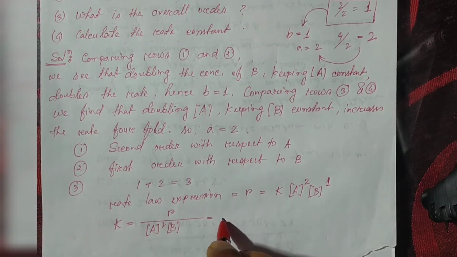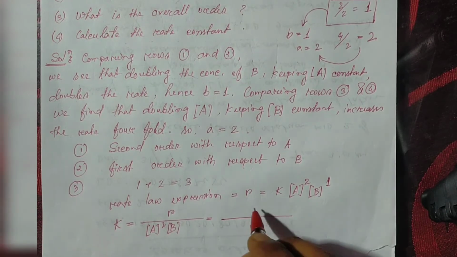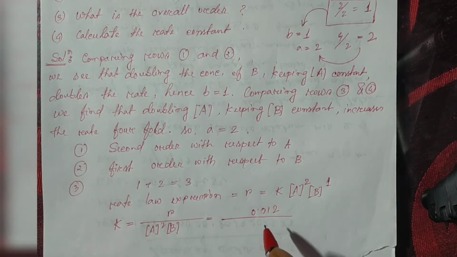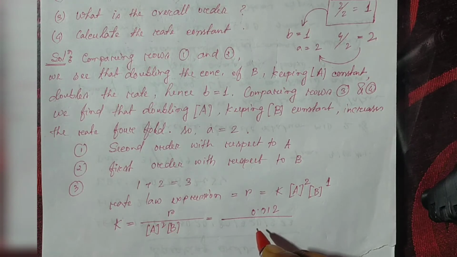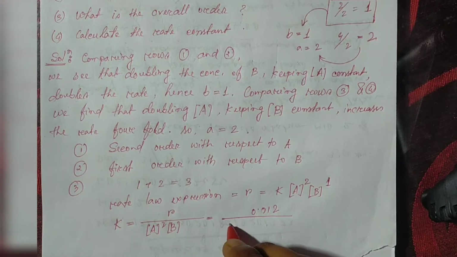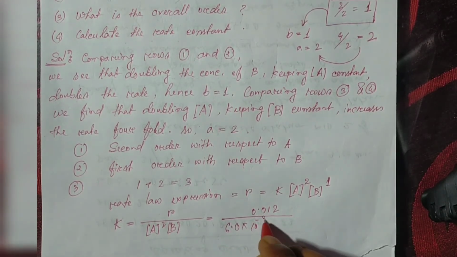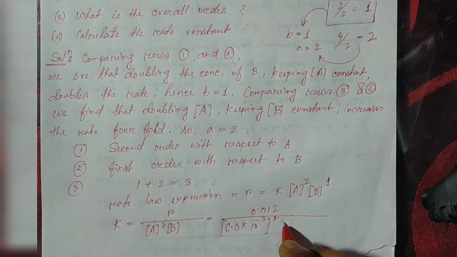So at the first one, you can see that the rate is 0.012. Okay, and at that data, the concentration of A is 6.0 into 10 to the power minus 3. So here it will be square. Okay, and here the concentration of B is 1.0 into 10 to the power minus 3. Okay,